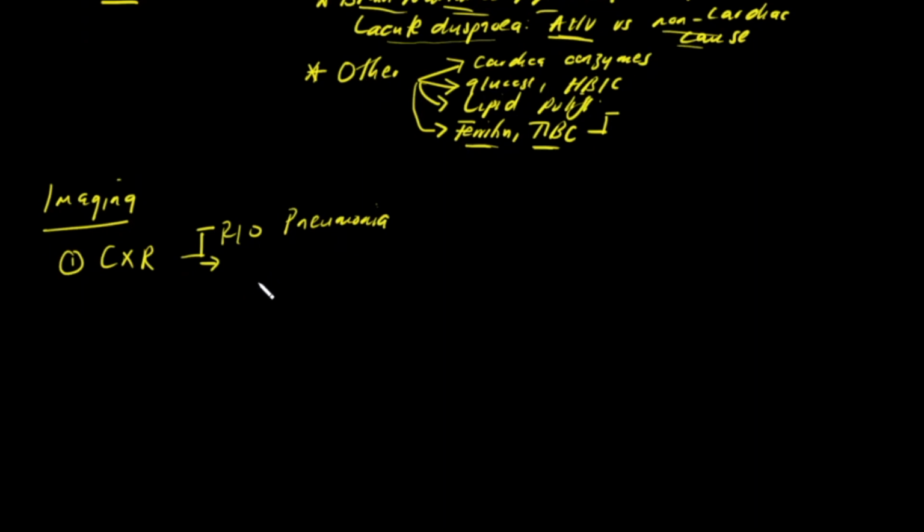Pleural effusions are very common in heart failure, so you want to rule them out. Kerley-B lines, remember, typically indicate interlobular septal edema, typically seen in left ventricular failure. All those things are things that you can pick up clinically on a chest X-ray that will be helpful in your management of the patient.